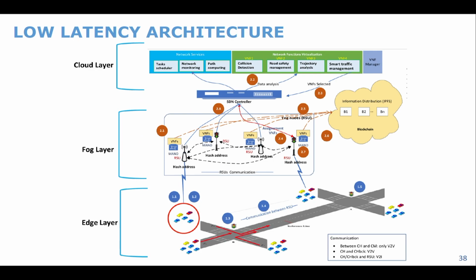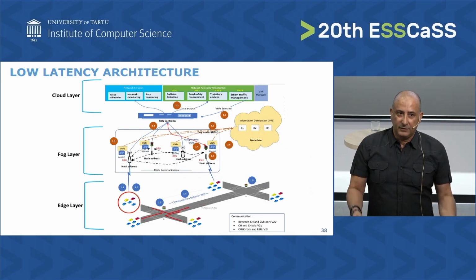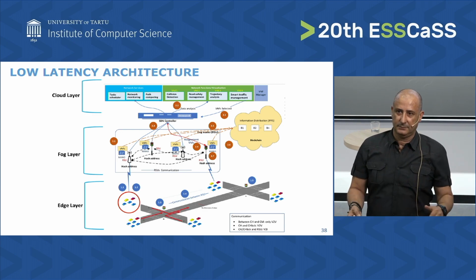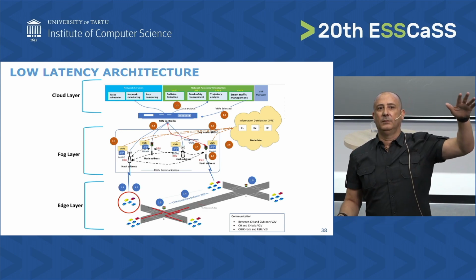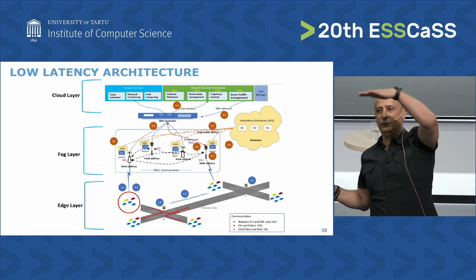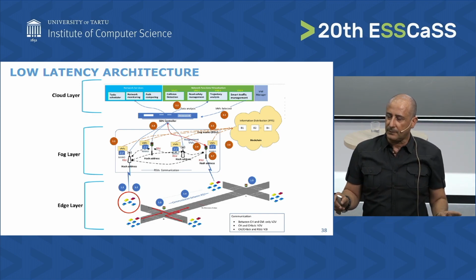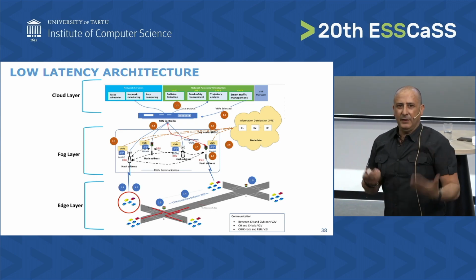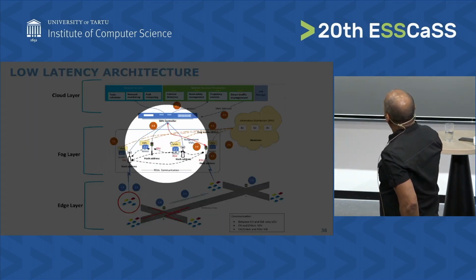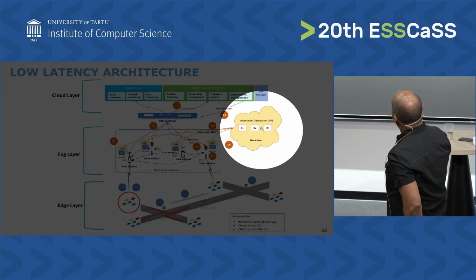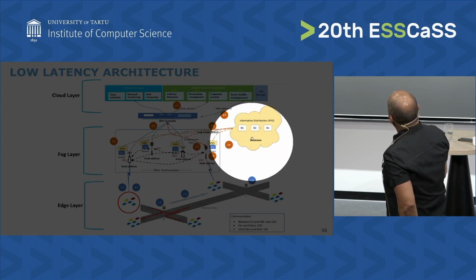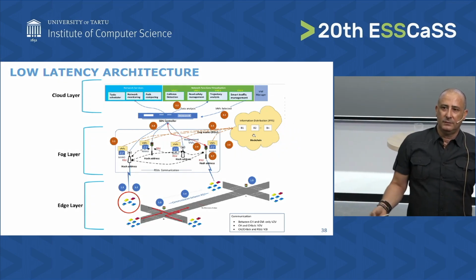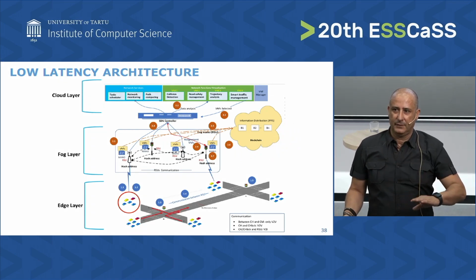We have the second challenge: how to secure the fog layer. We also have, which is out of the scope of this talk, how to secure the cloud layer. What we are suggesting, since it's still manageable, is to use blockchain technology, distributed ledger technology, to secure the fog layer. Okay?